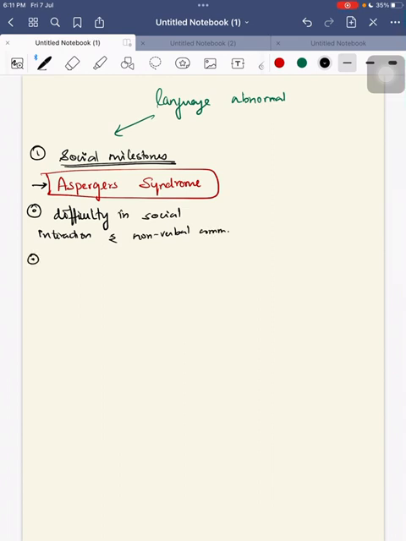Secondly, the child will have a restricted and repetitive pattern of behavior and interest. Okay, first you have to look for these social milestones. Secondly,